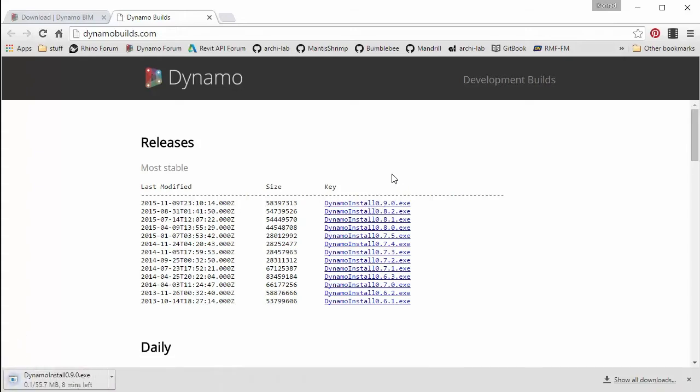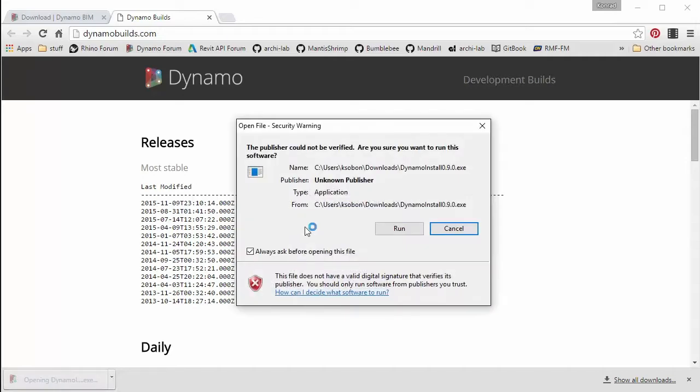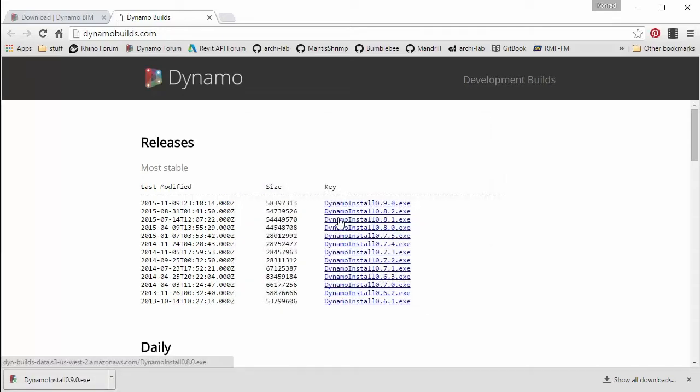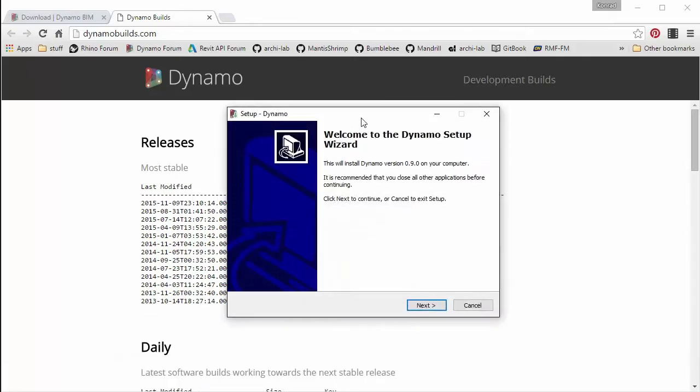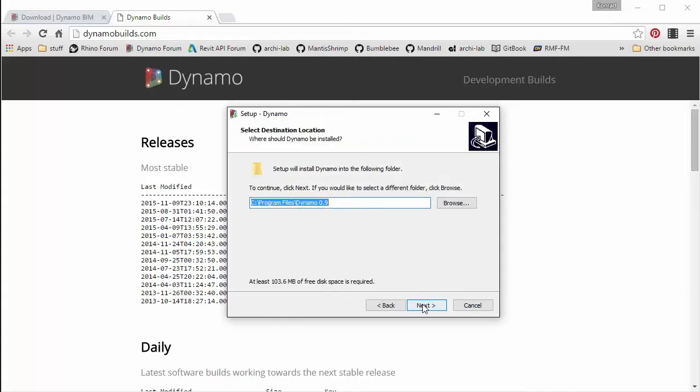So let's download that really quickly. It's not a huge file, it shouldn't take too long to download. It's only about 50 megabytes. Once your Dynamo has downloaded, you can just click on that shortcut there and just hit run. You should see a new window come up. It's your typical Windows installer, so you can just click through next.